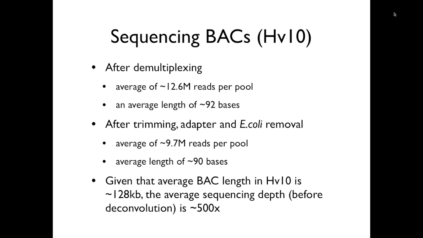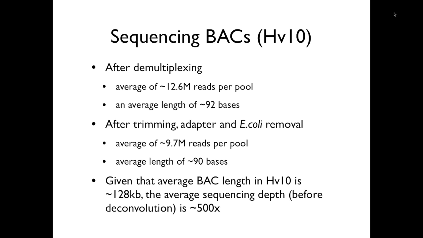So let me finally talk about the results. We have, of course, sequenced all these 8 sets from HV3 to HV10. I'm going to talk about the HV10, which is the most recent one, just to give an idea about the numbers. So after demultiplexing, remember we're using DNA barcoding to multiplex a set of pools on the same lane